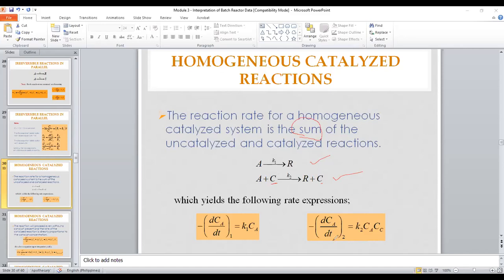And the second one is for the catalyzed reaction. So instead of only having K sub 2, the rate constant, and the concentration of A, now you have multiplied the two by the concentration of the catalyst. You are to take note that class, the concentration of the catalyst here is a constant, just like the K sub 2. So if we proceed to the next slide,